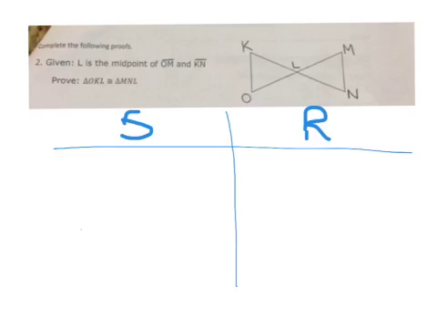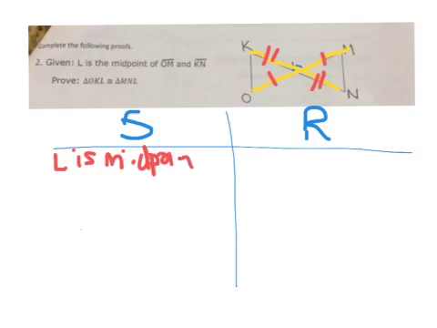Now, that given information was actually really good information because we know this point right here is going to be the middle of both of these lines right here. So OM and also KN. So that means that both pieces are going to be congruent right here. And also both pieces, I'm going to put 2 tick marks on this one, are going to be congruent right here, if I can do it. Oh, there we go. All right, so we will start out with L is the midpoint